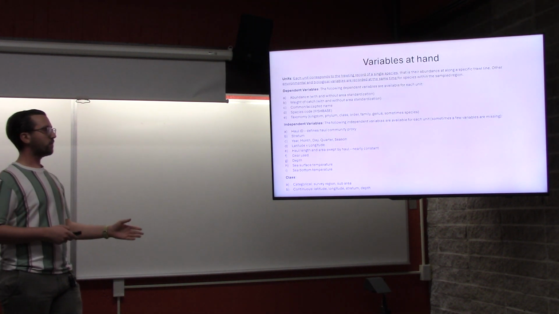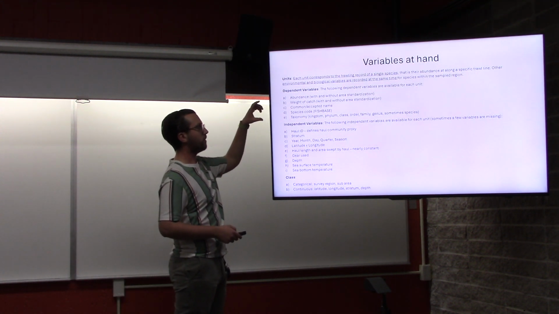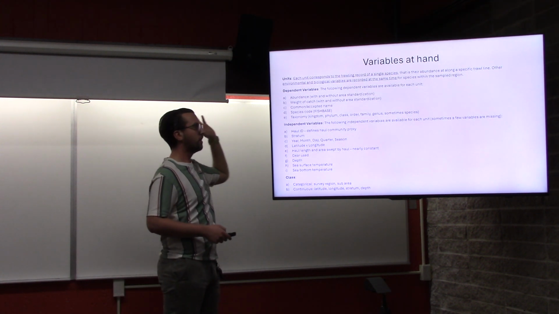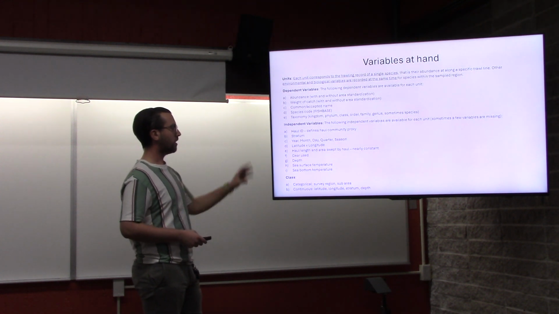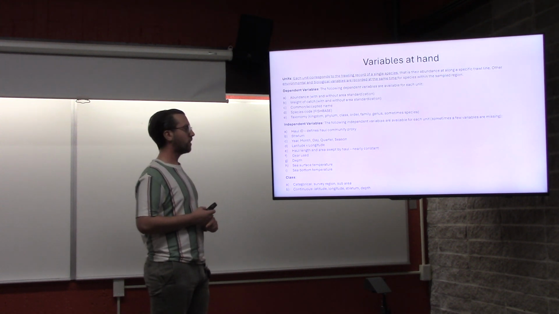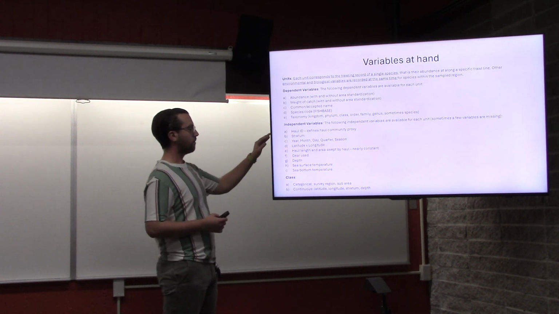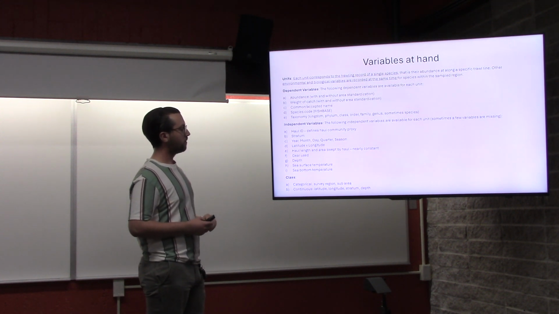So these are most of the variables at hand. The only important things to keep in mind are that my dependent variables, the stuff I'm looking at, are biological variables about the species at hand, and independent things are what I have access to draw inferences, to make predictions. And that's things like location stuff, time stuff, gear, and temperature.